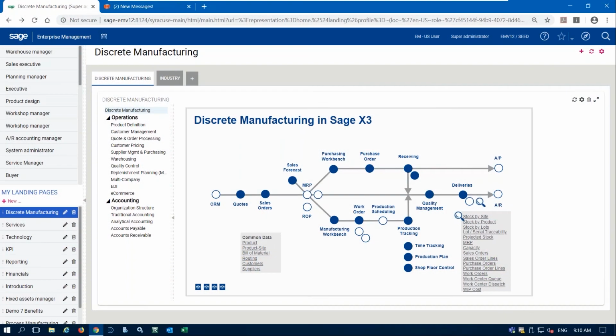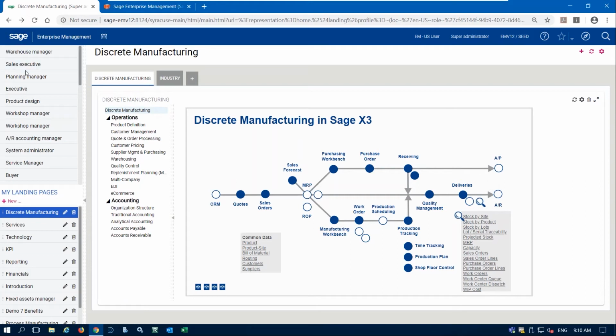Most of our customers use these process flows to execute their day-to-day functions. Some of the process flows I show you today will be a little bit busy because we're trying to show you the entire enterprise from coast to coast here, from a CRM activity all the way through the accounting functions and all the functions in between. Users typically won't be dealing with a process flow that's this busy because they're usually dedicated to a specific function